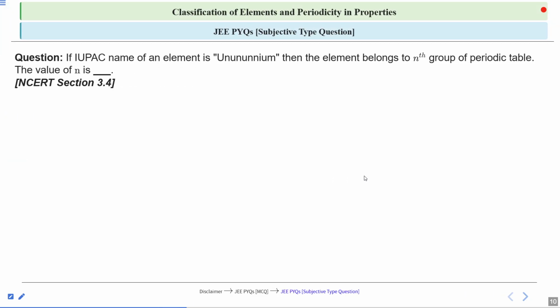Moving on to the next question. Now, we have already done this question in the previous PYQ part also, but this time I am trying to put it in a simpler way. Rather than going through a tedious way, we will try a shortcut. We will look into that. Meanwhile, you can solve it. Your time to solve this question starts now.